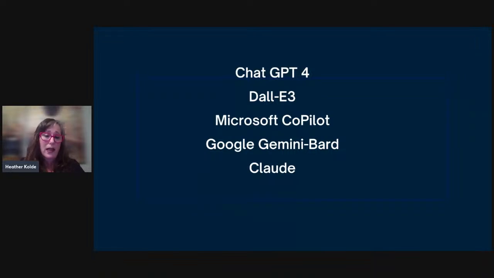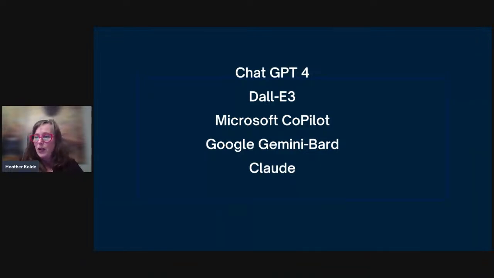Microsoft Copilot, Microsoft has put in a lot of effort to work with teachers in what teacher needs and concerns are as they're rolling out Copilot with their suite of products in schools. And I really think they've done an incredible job with that. I know Google and Gemini, or Google Bard, is coming right along behind that. Claude and Poe, some of you may be familiar with. There's a new beta version out of that I think might be worth some time looking at.